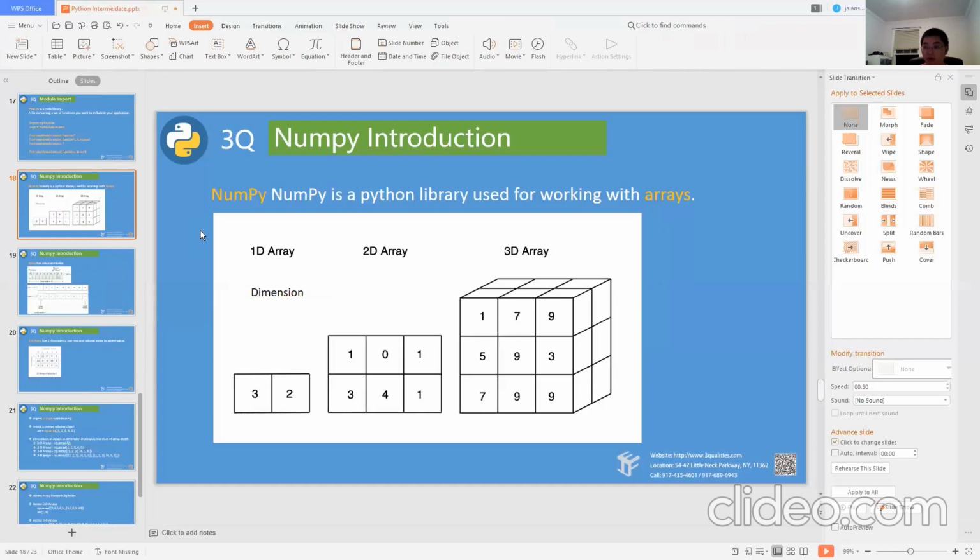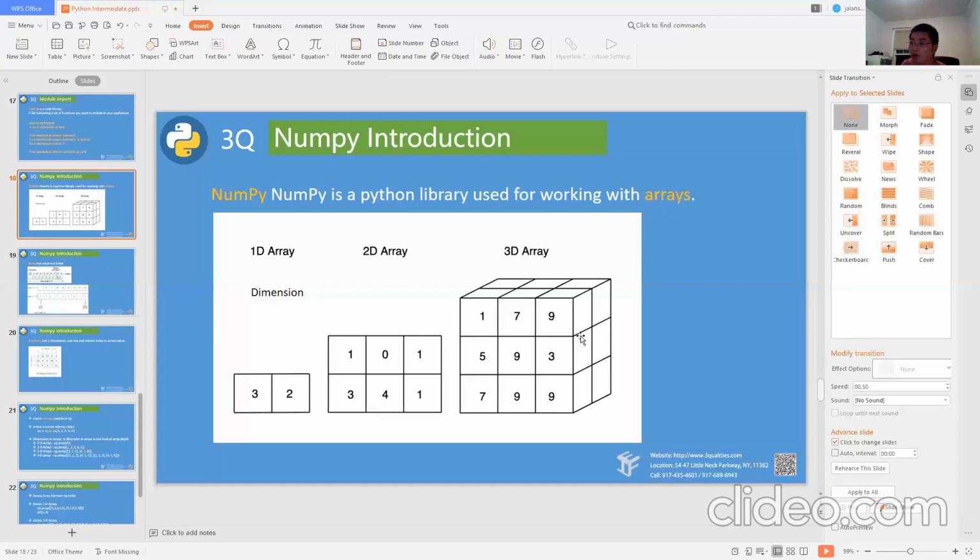So we have 1D array and we have 2D array. 2D array means something like a coordinate, right? X, Y, as 2D dimension, and 3D dimension is more like the X, Y, Z coordinate. If you remember in maths, right? Of course, there could be more than 3D array, right? 4-dimension array, 5-dimension array, and all of them are available here.